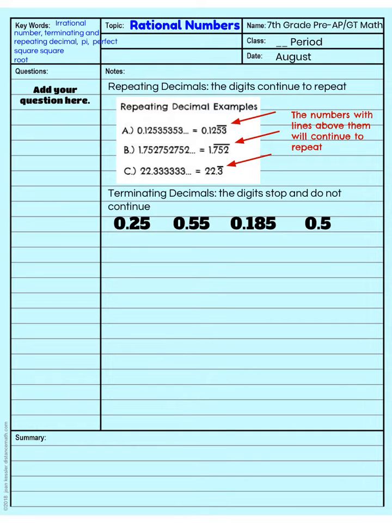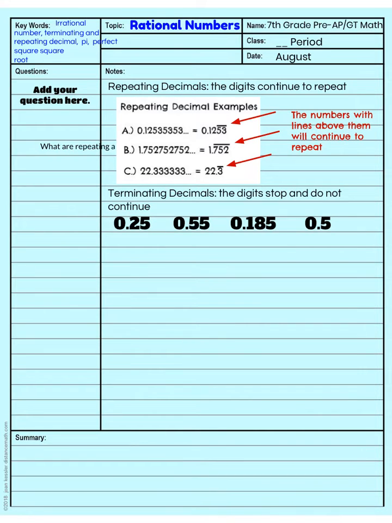All right, right here is where you're going to add your questions. Remember, we did the first question, or I'm sorry, we actually haven't done it in this class. So in this section, when you add a question, it's so that when you look back on your notes in 2 weeks, you know exactly what the notes are about. So in this section, we went over repeating decimals and terminating decimals, but I'm actually going to turn that into a question. So I would write,